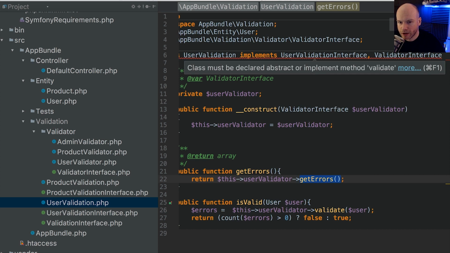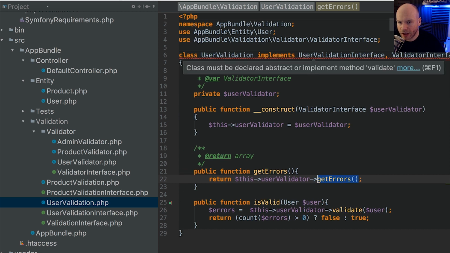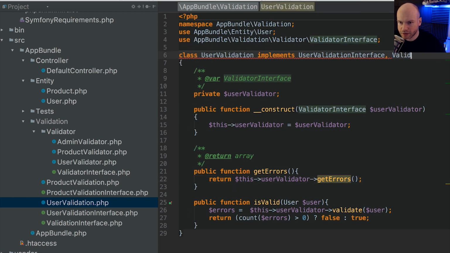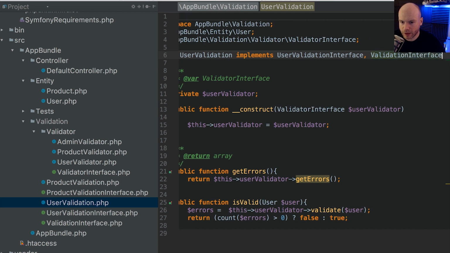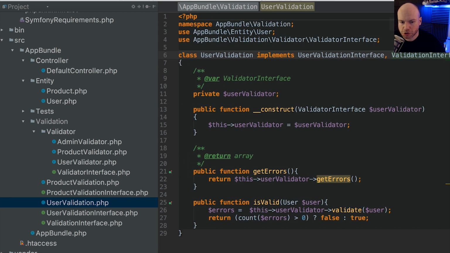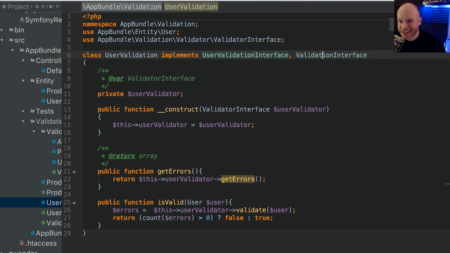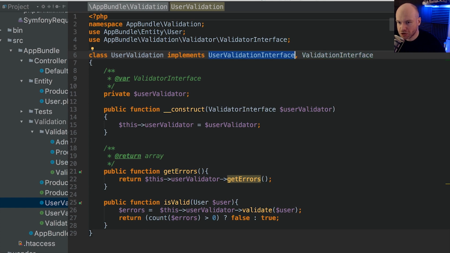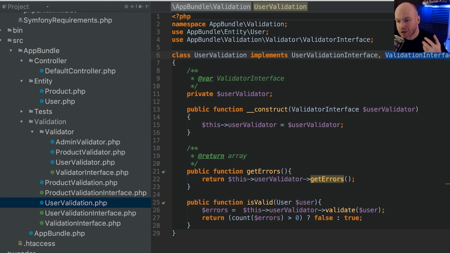There is something wrong here. Must be declared abstract or implement validate. Oh, I've gone and muddled that up, haven't I? Sorry, that needs to be a validation interface, I believe. There we go. Yeah, so that's fixed. So let's just drag that out. So we now have the user validation interface and the validation interface. User validation is more geared towards users. Validation interface is just the generic interface that all validation classes should adopt,